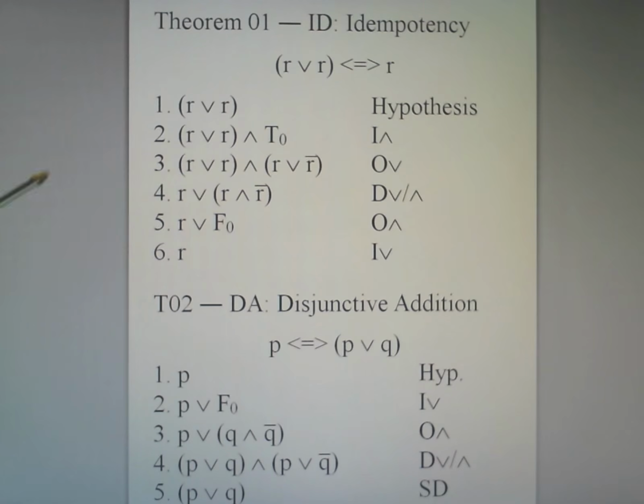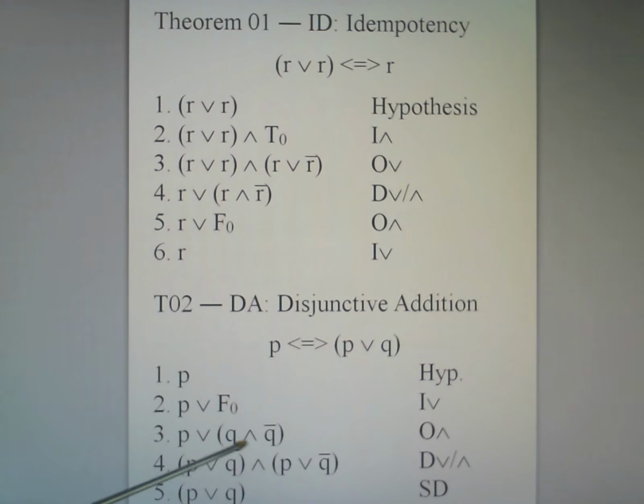In order to prove this, again, we will assume one side, apply our axioms, and in this case, a rule of transformation in order to produce the other side. So starting then with line 1, assume P is true by hypothesis. By the rule of identity for or, this is the same as P or F sub O. Then, of course, by the rule of opposites for and, we can replace this any contradiction whatsoever with a specific contradiction, and so line 3 will be equivalent to line 2. Then, of course, we can actually distribute here because we have or on the outside and on the inside, and or distributes over and, so we get P or Q and P or not Q.